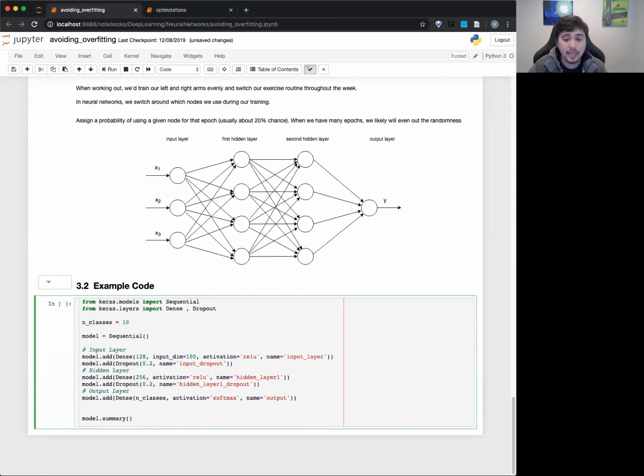Note that I could technically change this to like 30% or something like that. The numbers themselves are relatively arbitrary. It doesn't have to be those numbers, though. Know that for neural networks, usually 20% does pretty well. And then for convolutional neural networks, turns out 40% or even 50% actually does even better, which we haven't talked about yet, but that's for image recognition.